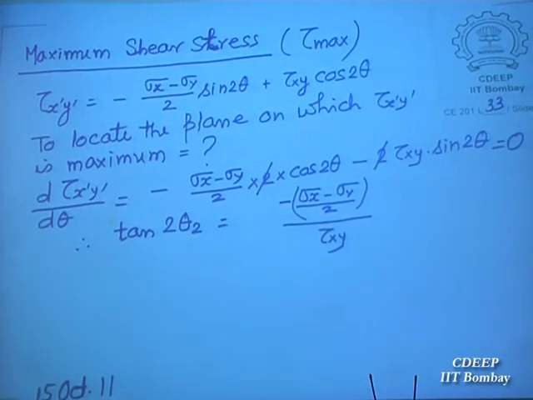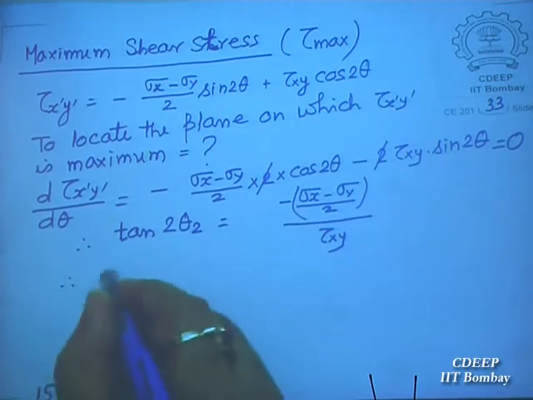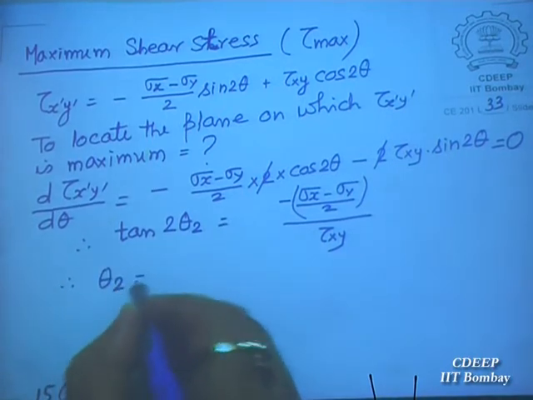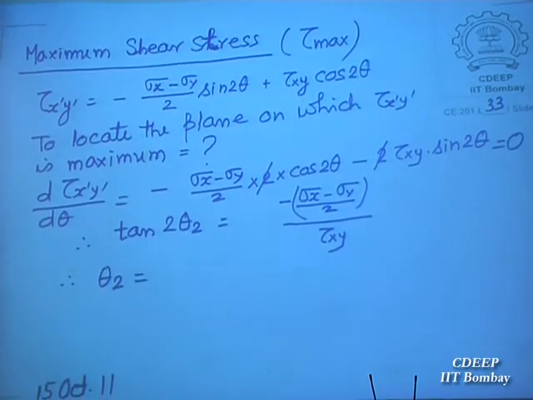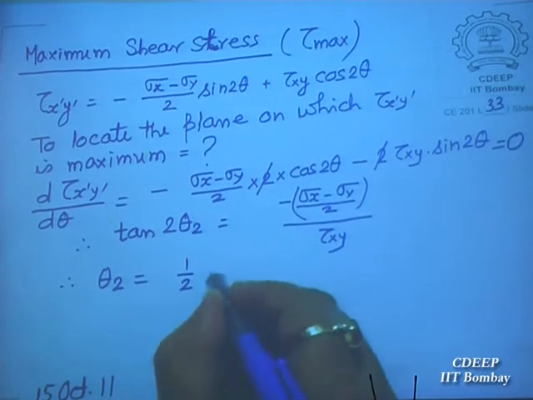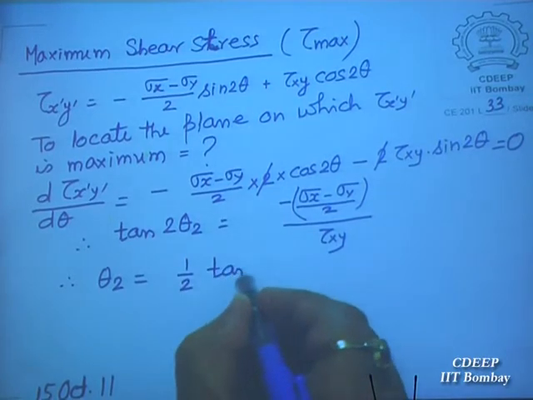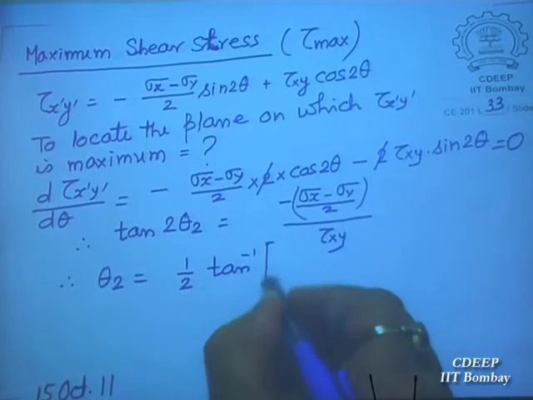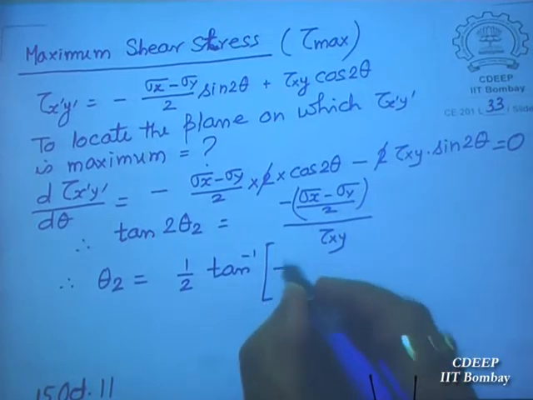This is the angle, and therefore theta 2 is the direction, and that will become tangent inverse minus